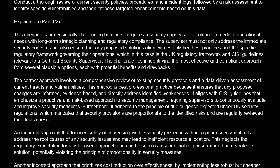Conduct a thorough review of current security policies, procedures, and incident logs, followed by a risk assessment to identify specific vulnerabilities, and then propose targeted enhancements based on this data. Explanation: this scenario is professionally challenging because it requires a security supervisor to balance immediate operational needs with long-term strategic planning and regulatory compliance. The supervisor must not only address the immediate security concerns, but also ensure that any